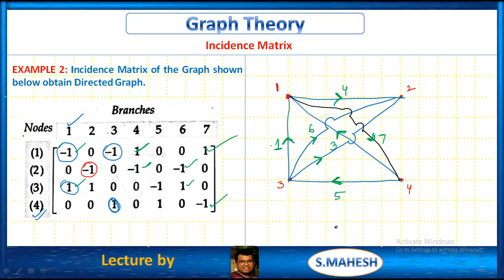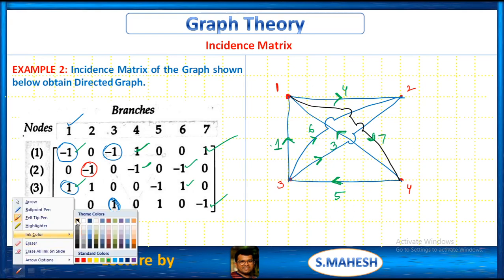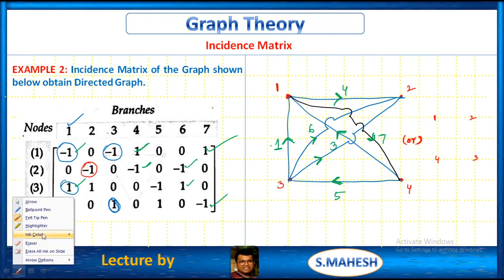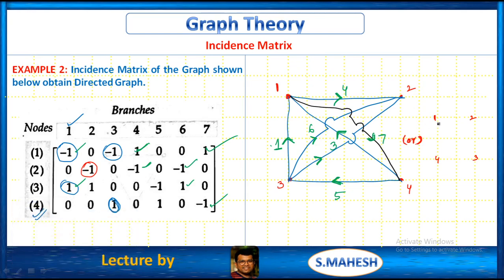Okay, this is one of the combination. This is one of the combination. Or we can get another combination. There is no particular orientation to get the graph. So based upon the incidence matrix only we have to get the graph. Let us say this is 1, 2, 3, 4. For this we have to get between 1 and 2. Between 1 and 2 like this, 2 and 3.